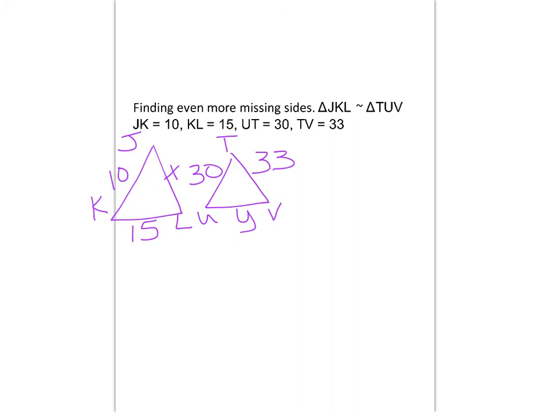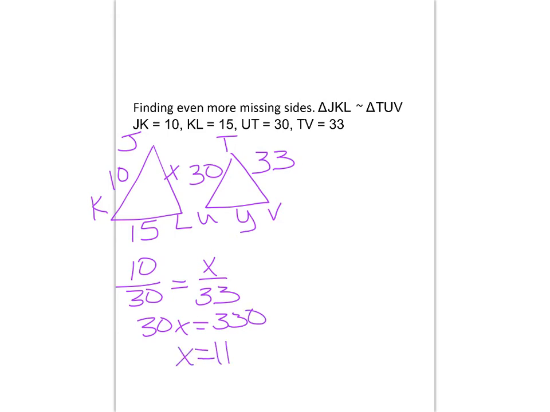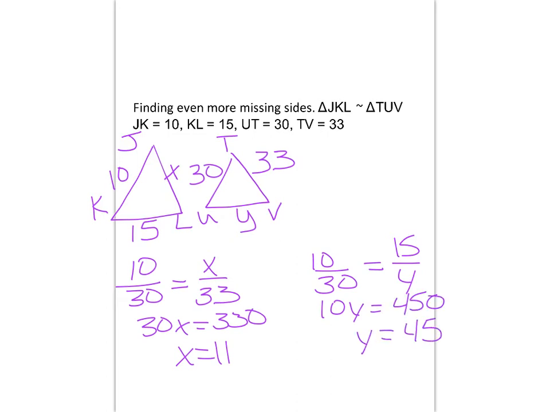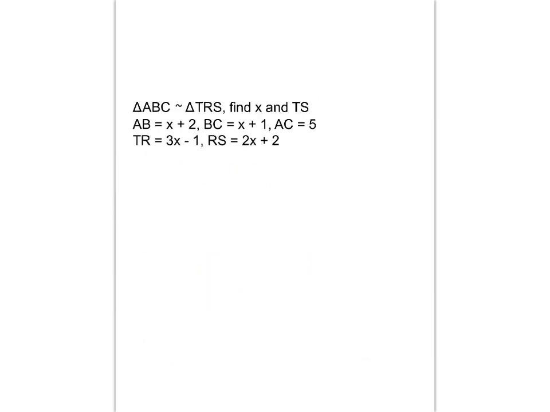Then we keep going. So 10 would be to 30, as X would be to 33. So 30x equals 330. X would be 11. Do the same thing. 10 is to 30, as 15 is to Y. 30 times 15 is 450, so 10y equals 450, so y is 45. Okay. Last one,